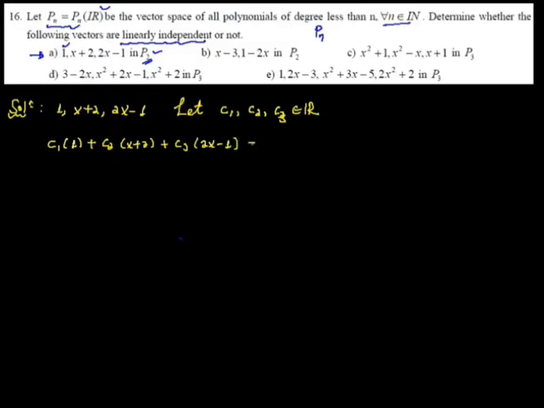We check whether 1, x plus 2, and 2x minus 1 are linearly dependent or not. Let there be numbers c1, c2 and c3, certain real numbers. We write the linear combination of these polynomials: c1 times 1 plus c2 times (x plus 2) plus c3 times (2x minus 1). This must be a polynomial function of degree